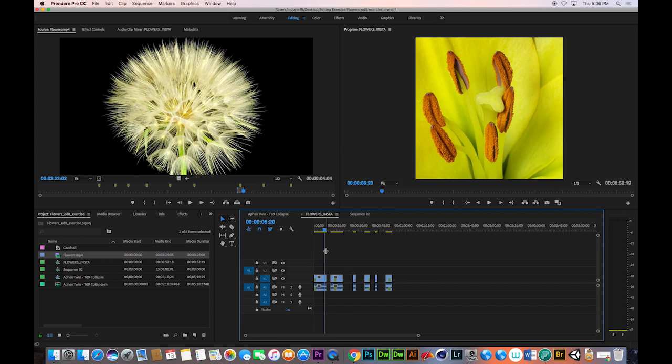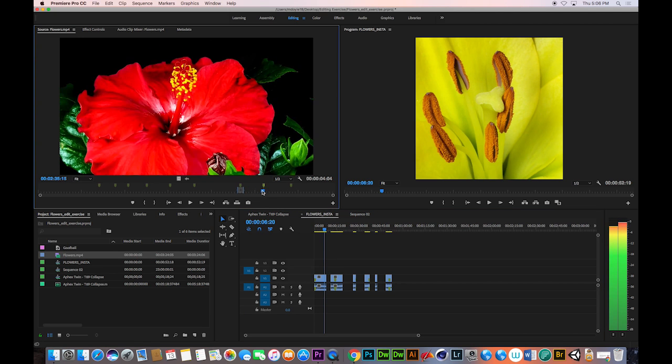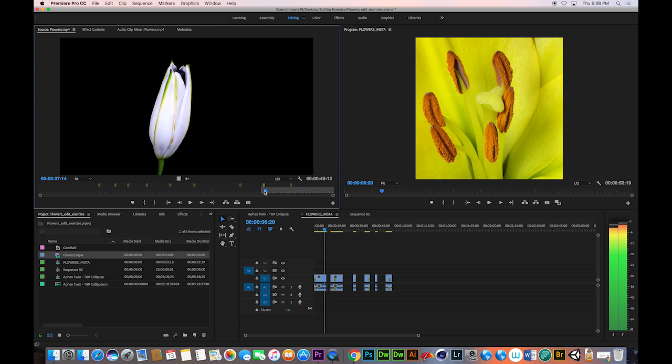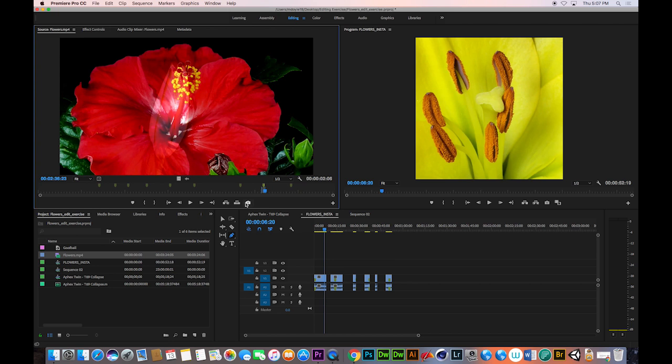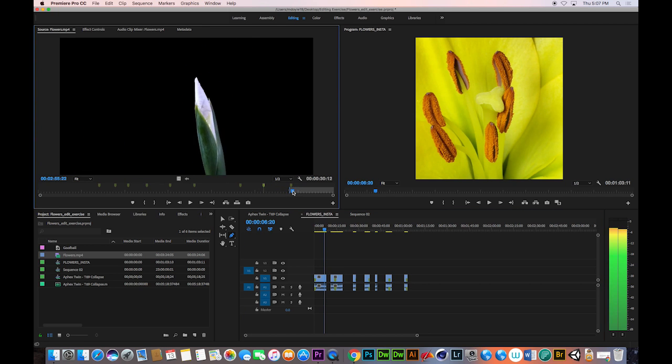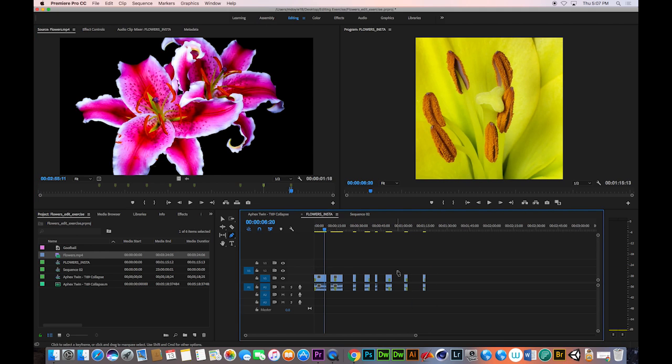And if I've been doing it a little bit quickly, like if I've just been grabbing things, like, oh, this one was a flower I liked, in, okay, out. Whoops, I mean, in and then I press P, out. So I'm not actually selecting the exact in and out moments that I want. That's okay. Because what's very interesting about Adobe Premiere, and we also have a little tool palette here,